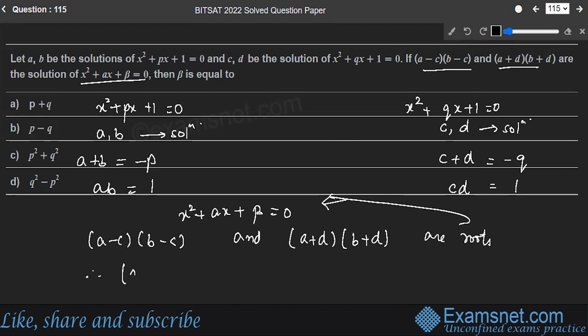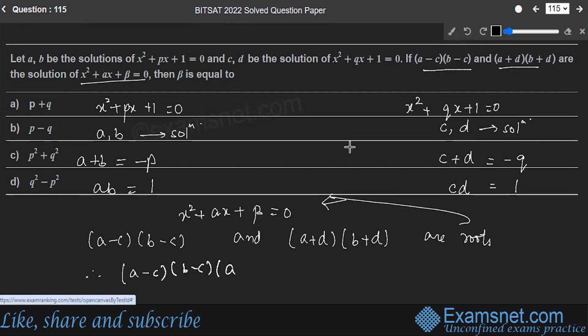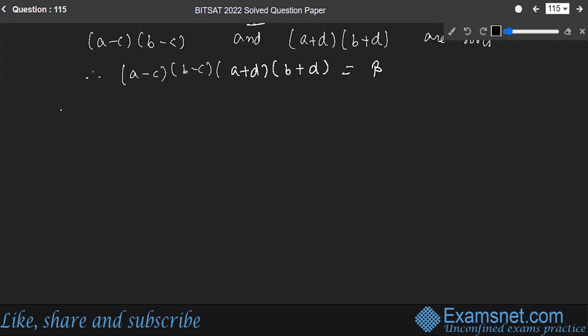Therefore, product of the roots here is (a plus d)(b plus d)... that is equal to beta upon 1. And let's open it up. You will have AB minus AC minus BC plus C square multiply AB plus AD plus BD plus D square